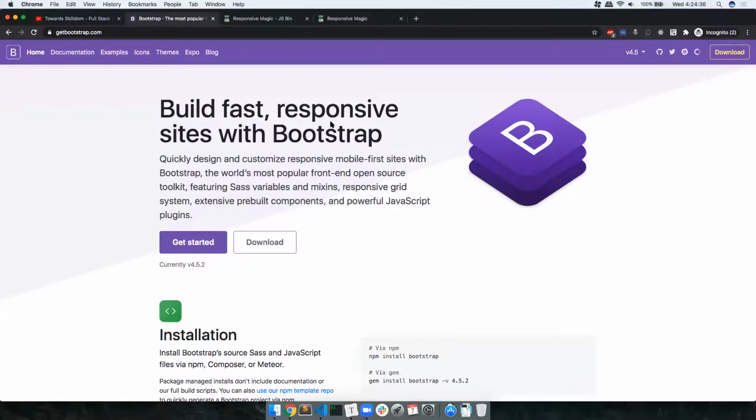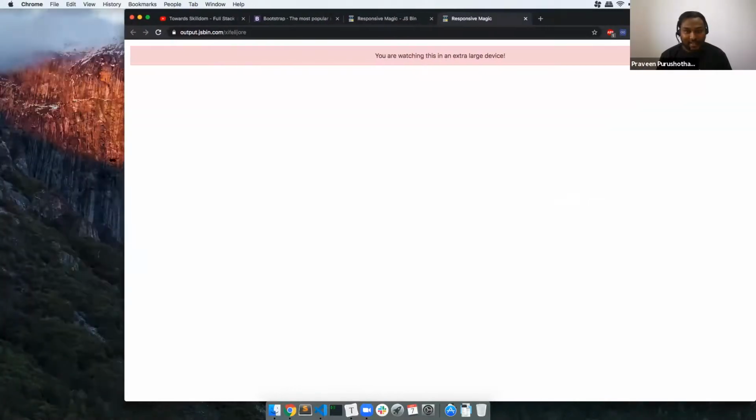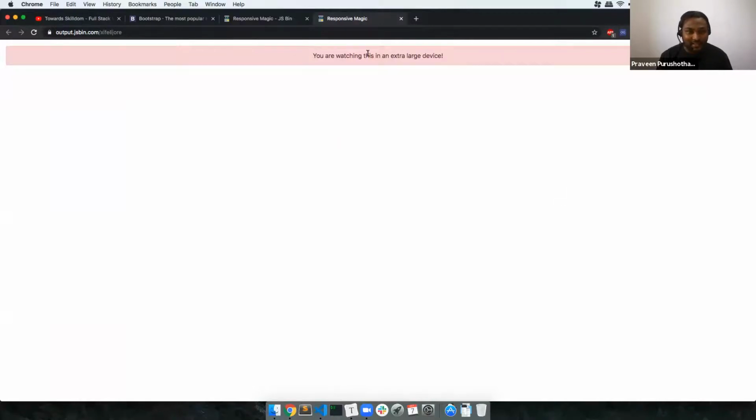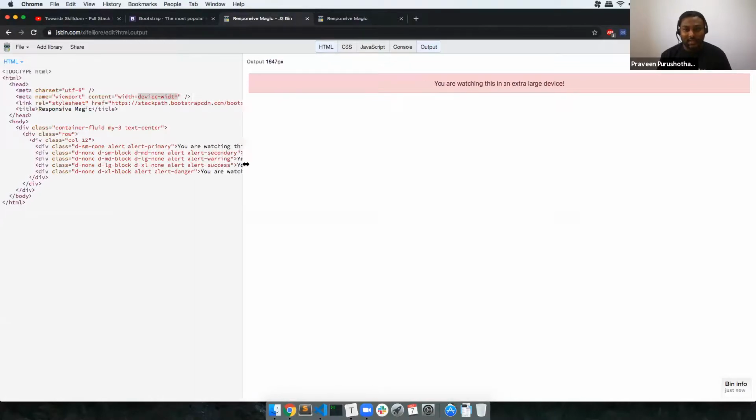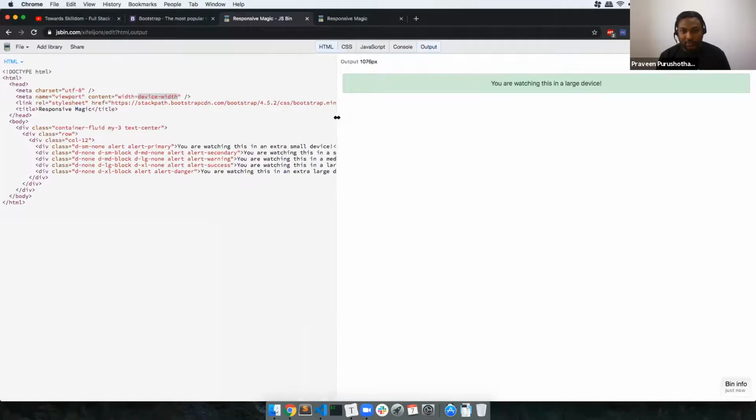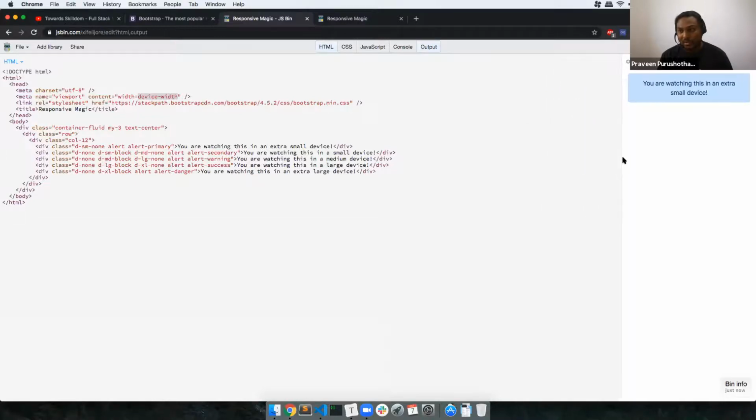Yes, I can show. Thanks, Praveen. Sure, you can see this magic again. This is not actually very good in this one. Let me try in this one. If you look at this going on, you can also see the size of the screen. Once it hits 1199 px, after that it is extra large. The moment it goes down, it goes to large, medium, small, extra small. So this is what is happening.